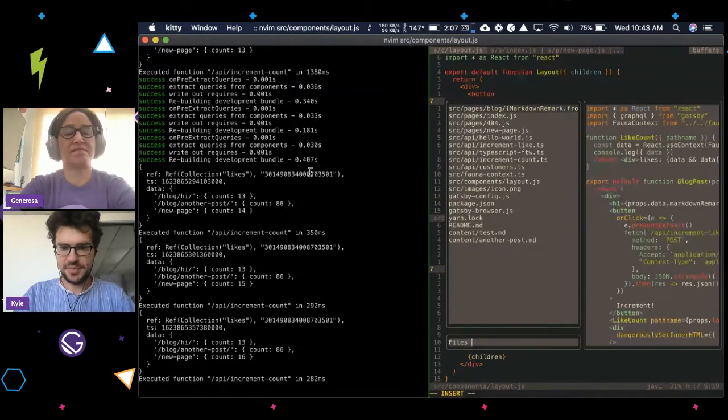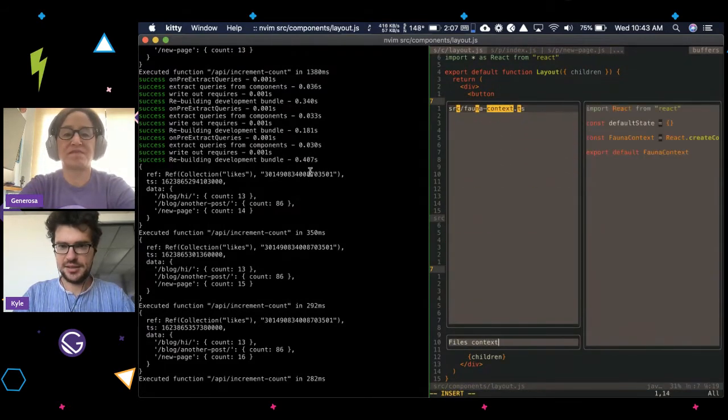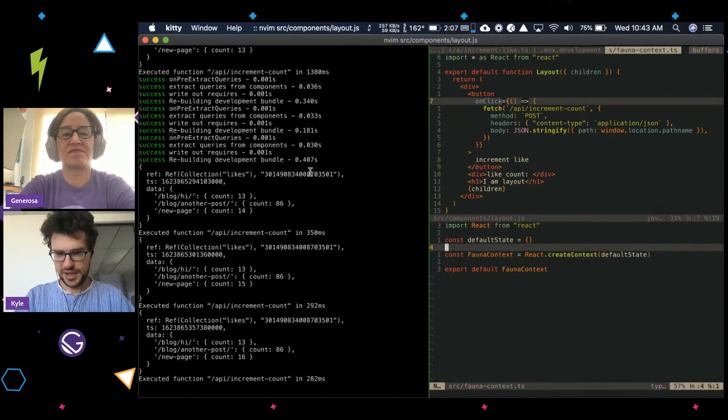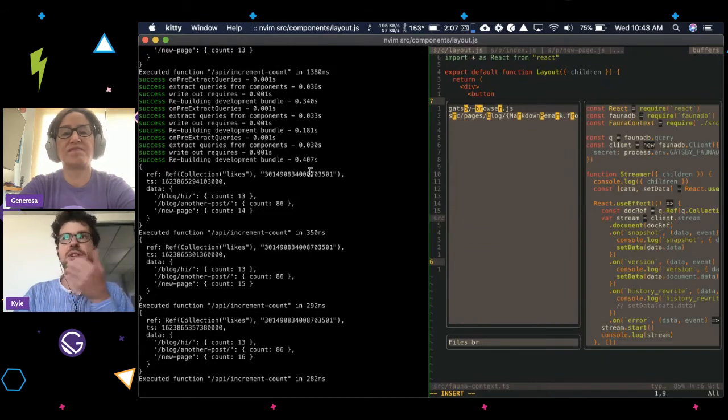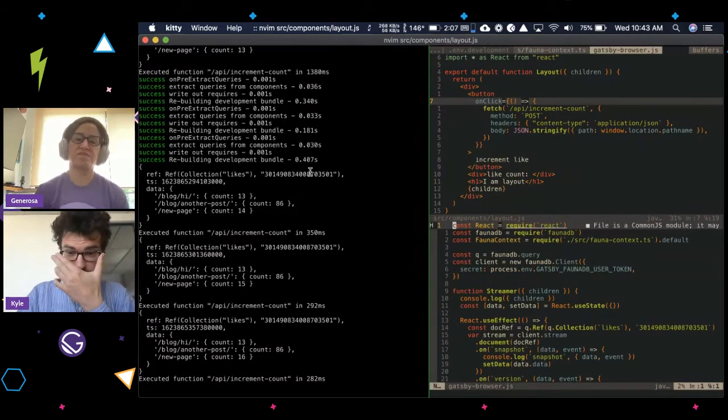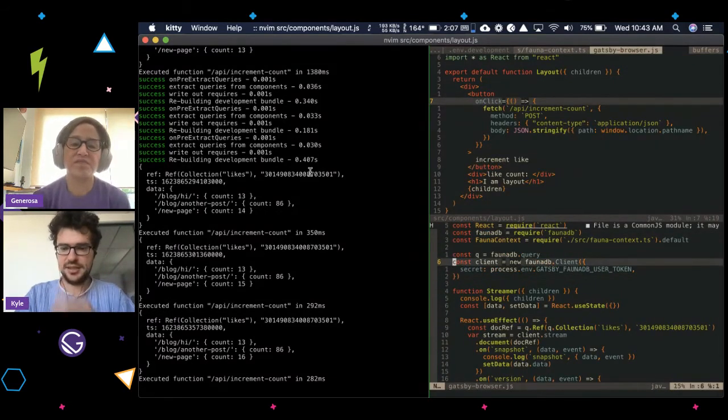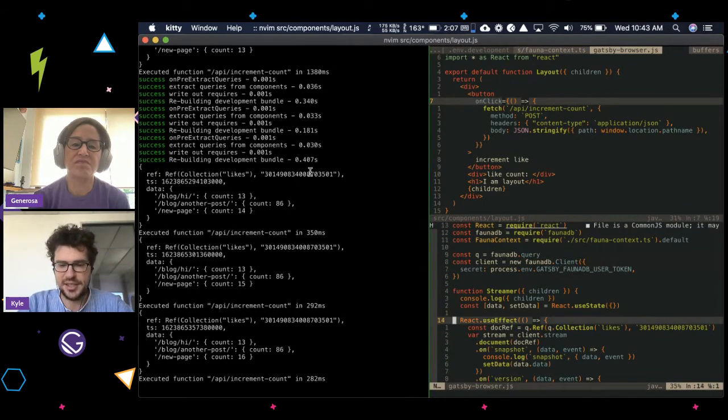I already set up a context. So if you've used React context before, you'll be familiar with this, but you can set that up. Typically, for global data that you want to share across all your components, context is a great solution. And then you'll want to implement this in Gatsby browser, because Gatsby browser is sort of